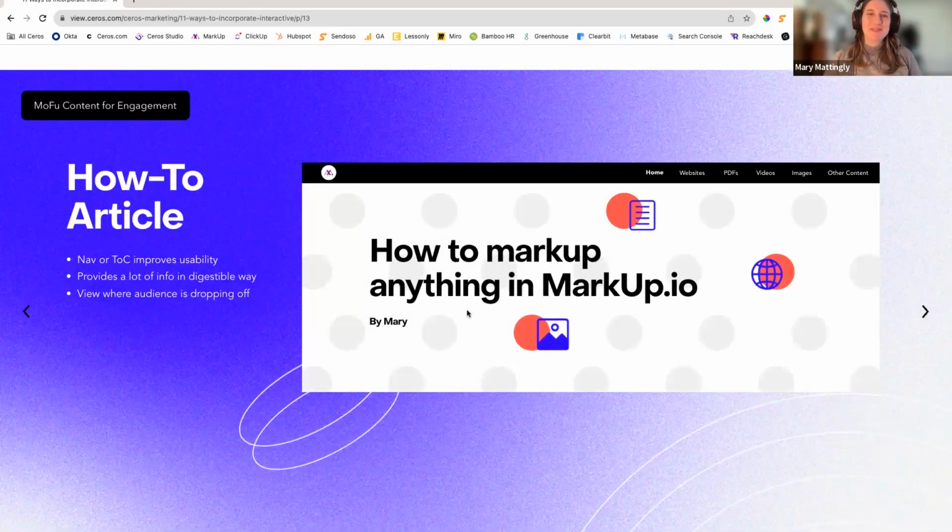So how-to guides, a lot of people in this audience are probably very familiar with them. They're one of my favorite pieces of content to create. I really love informative educational content. So you already know probably that how-to guides are essential for helping prospects solve issues or learn new skills. But again, it's key to not overload them with information. And using interactive elements can turn a simple guide into a dynamic learning tool that prevents that information overload we're